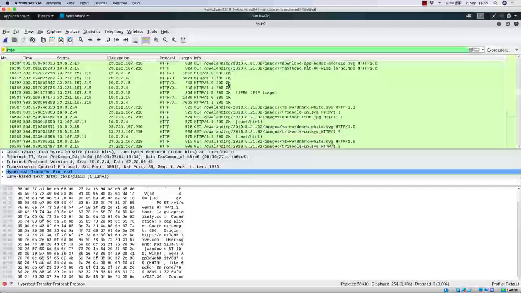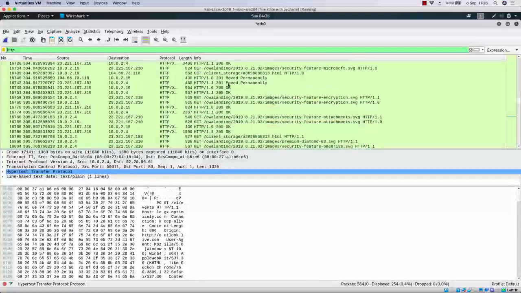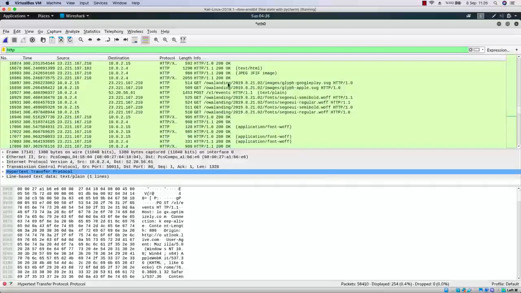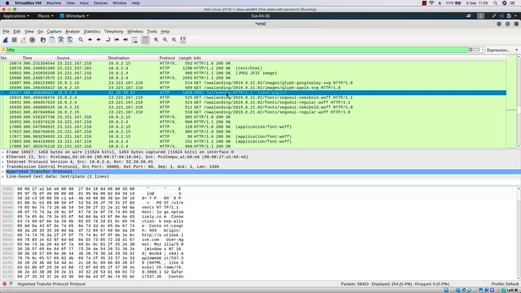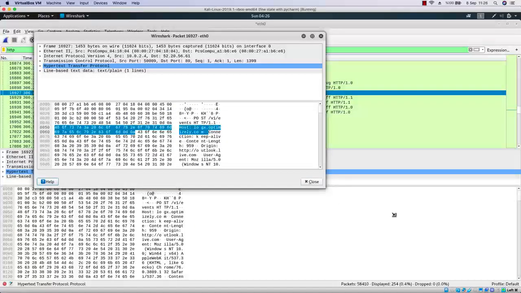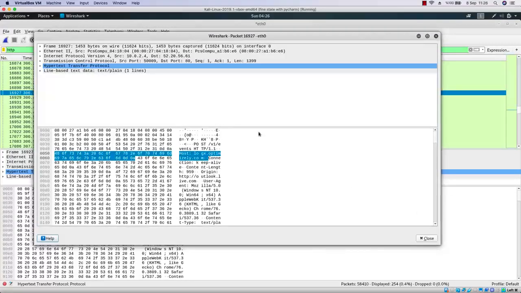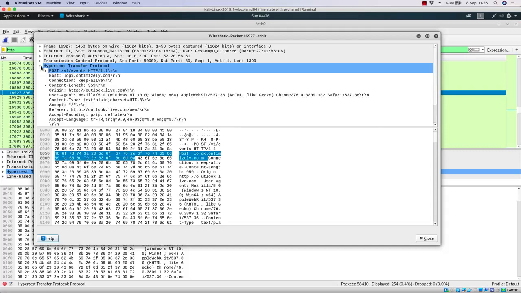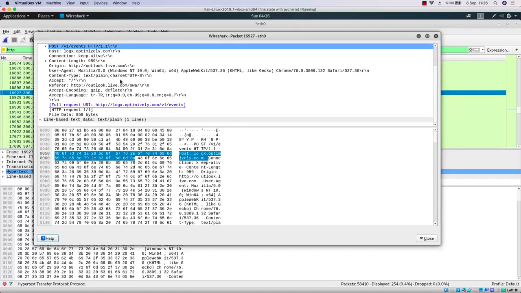So let me find the previous post method over here and double click on it to show you the details of the packets, okay, like that. So if you double click on that, it will open the details in another pop-up window. And over here you can see all the layers, all the details of this packet. So we are particularly interested in this HTTP, Hypertext Transfer Protocol. If you're looking for usernames and passwords or contents displayed in the form, then you're going to go over here,